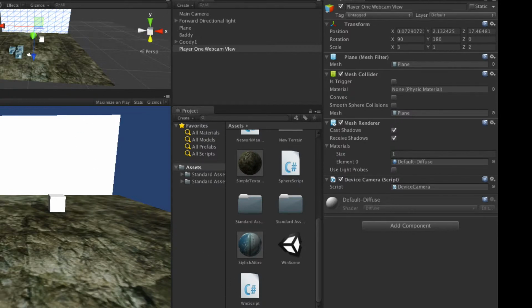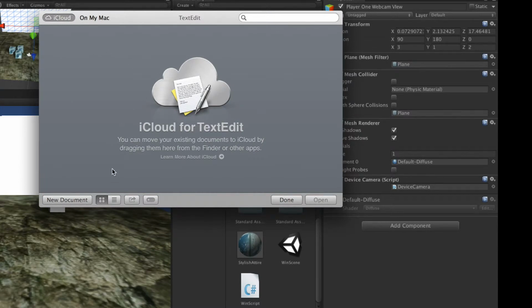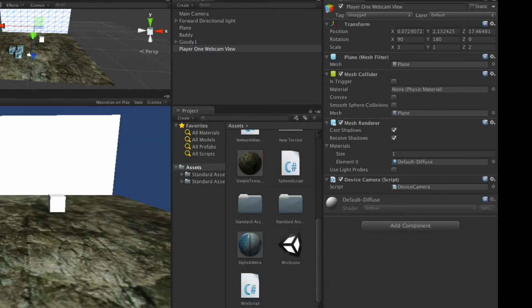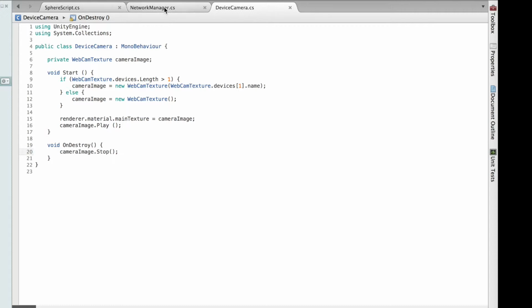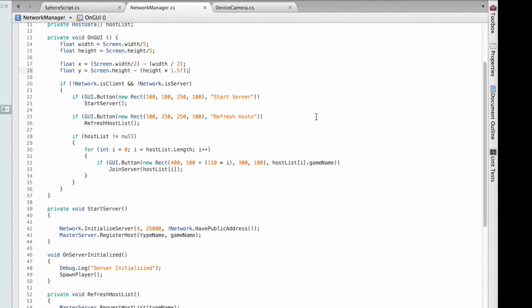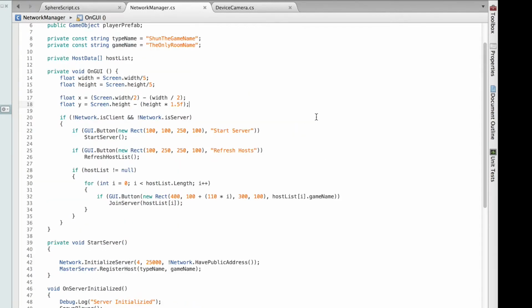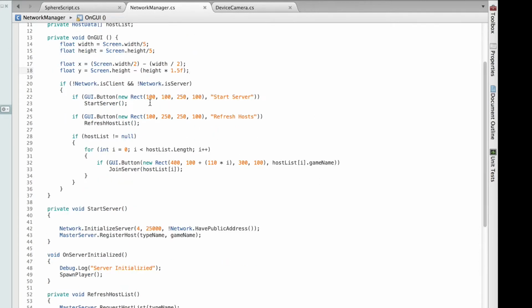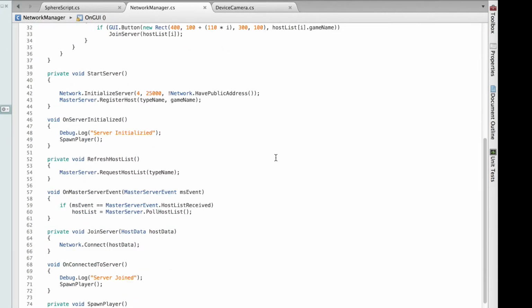Actually, everything else we can do just here. So the network manager is what sets everything up for multiplayer. We have a few buttons here. This one just starts server, and start server